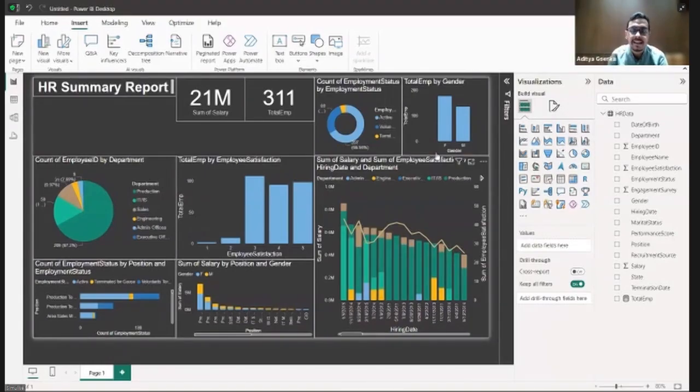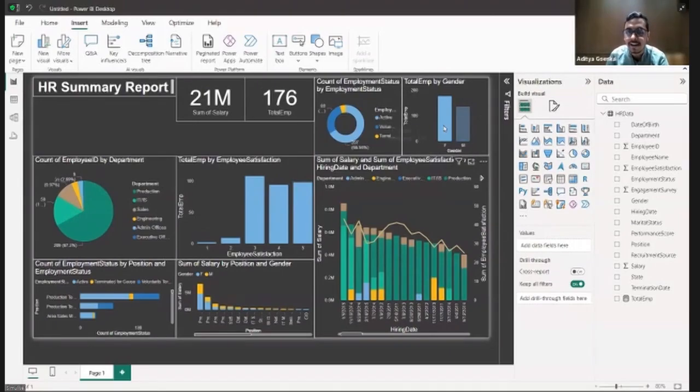What do I mean? Let's say I want to modify. The boss says that I want to see all of this data only for my female employees. Only for my female employees. Will you go ahead and change all of your dashboards, change all of your charts for only female employees? Will you go ahead and do that? No. Guys, how many of you want me to show a way via which within 1 second you will be able to modify this entire chart only for female employees? Yes. Amazing.